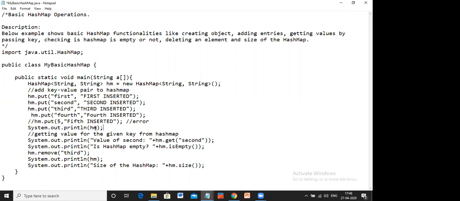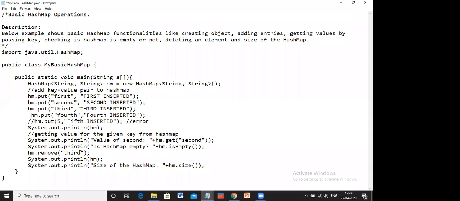Remember that. Getting this? Earlier when I printed an ArrayList object, it would print the list of values inside the ArrayList, right? Now, being a HashMap, there are two things inside this object, the key and the value, right? So when I just try to print the object, it will only print the key part. It will not display the value part. Getting it?